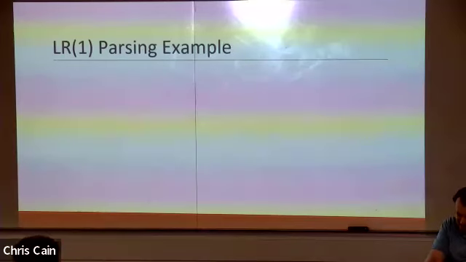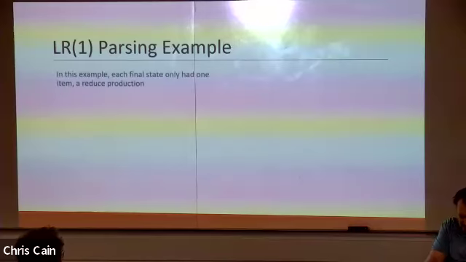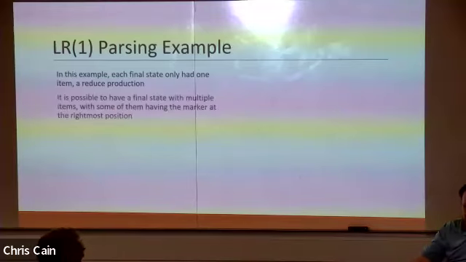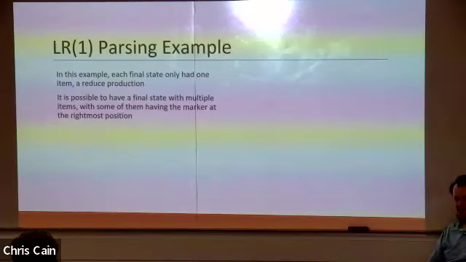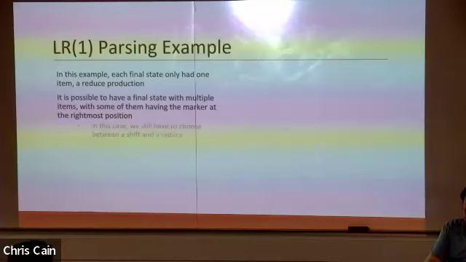Until it doesn't. So each final state only had one item, which could be a reduction. But of course, you could have a final state with multiple items. If this were the case, then you would have an option of a shift or a reduce at that point. That would turn this into an NFA rather than a DFA, or the concept of an NFA, we still have to choose between that shift and a reduce, so we would need that parallelism to be able to solve the